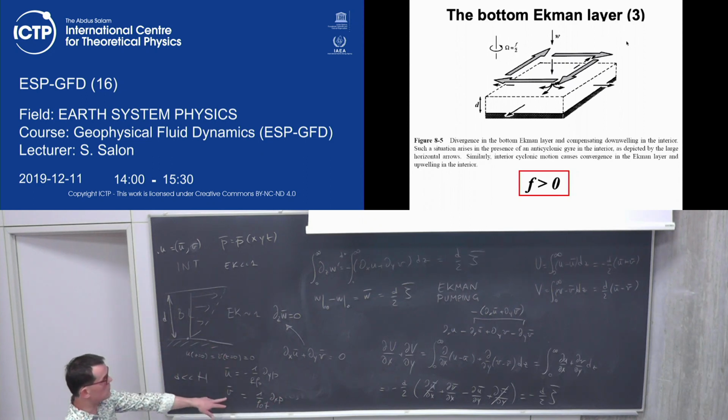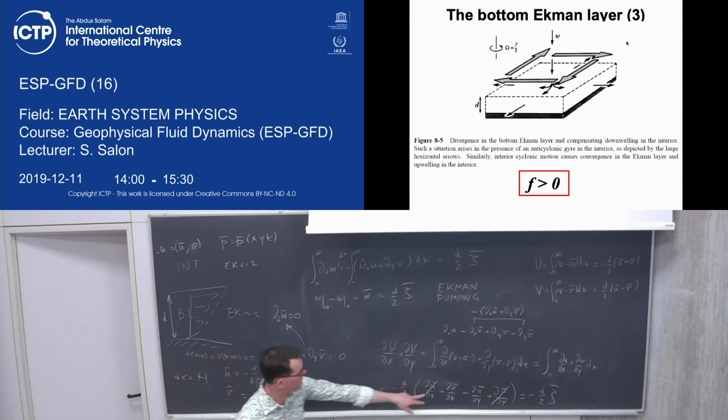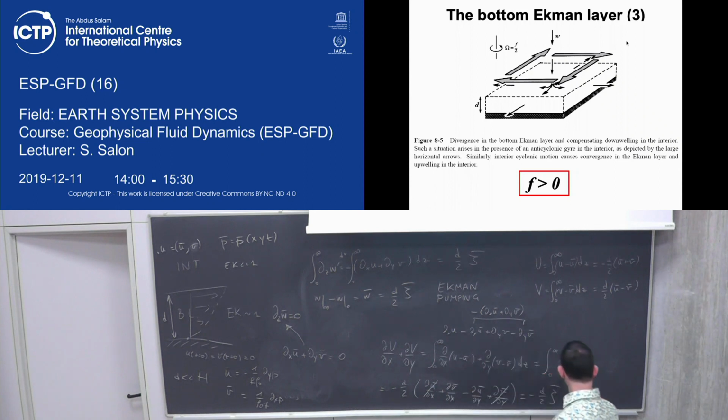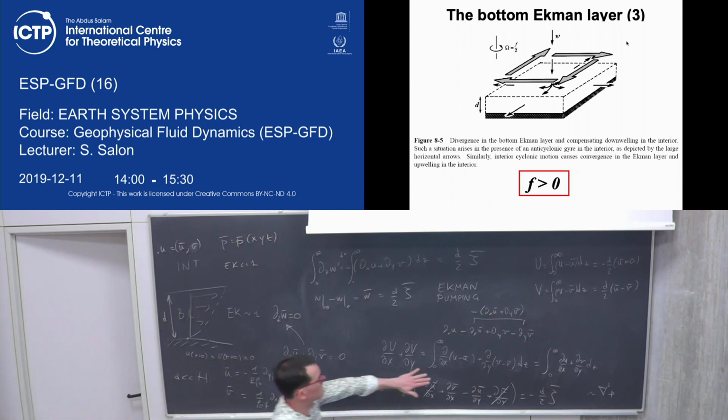So if you put together these two expressions, the solution of the geostrophy here, you will have something which is proportional to the Laplacian of the pressure field, which doesn't say much more about the system,